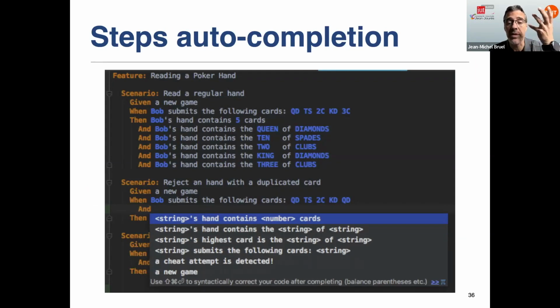What does this mean, submitting? What is a card? What is QD? All these elements of this language are completely unknown by the customer. It is known by the customer in the sense of the business. The customer who is a poker player knows exactly how to play poker. He knows exactly what he wants from the system,